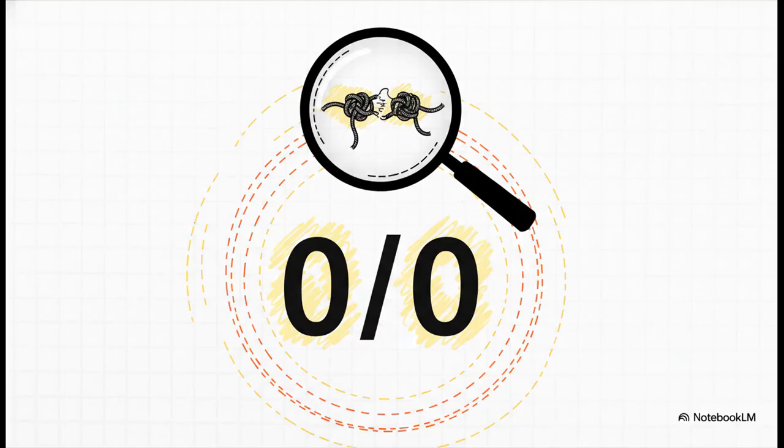This is the warning sign. It's called an indeterminate form. And it's really important to know that it doesn't mean the limit is 0 or 1 or even that it doesn't exist. It's a clue. It's telling you that there's some hidden algebra going on, that something needs to be canceled out, and our job